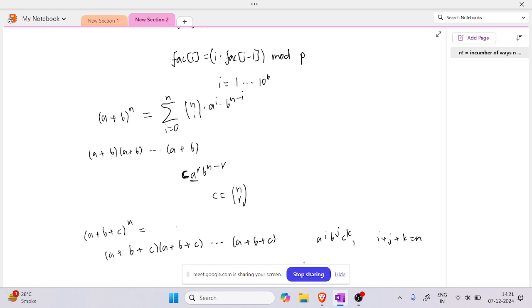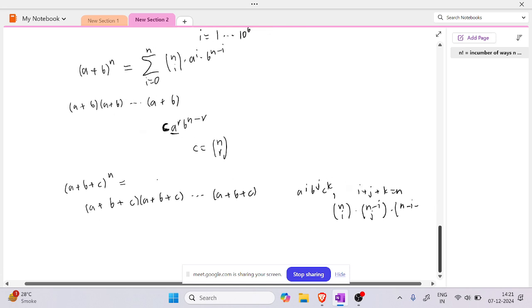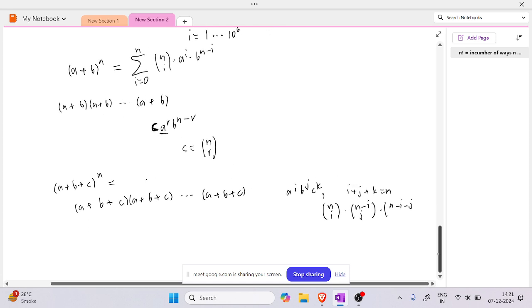The number of ways to do that is first you choose i out of the n to be a's, and then you choose j out of the remaining n minus i brackets to be b's, and then there is nothing left to choose. Obviously the other stuff is just one, so that is times n minus i minus j choose k, and this is